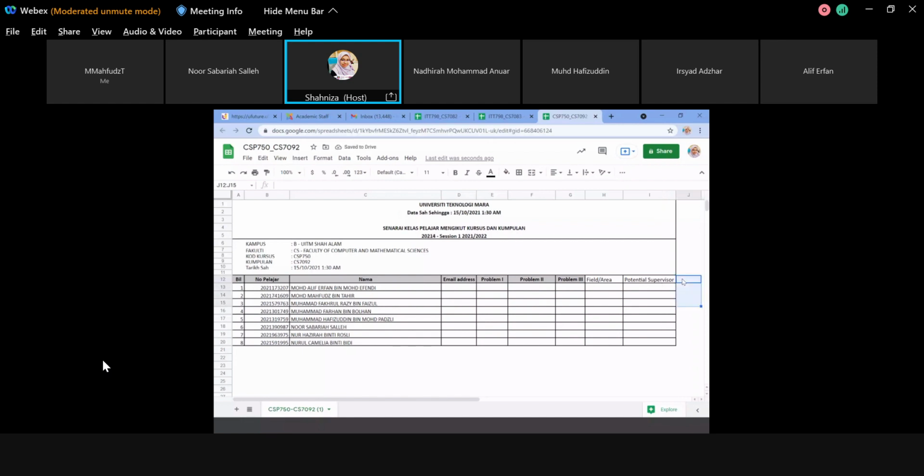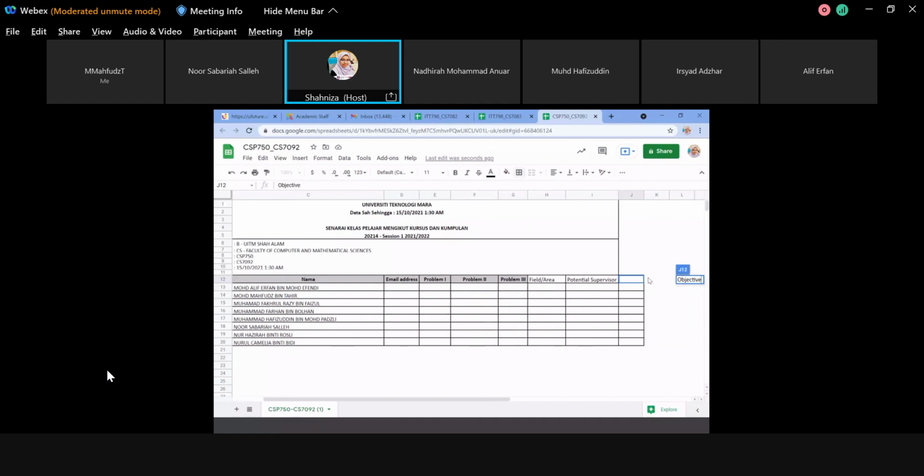Nanti akan ada objektif dekat sini. So kita akan work on this document aja. Okay, sebelum kita letak, during the 1 hour after my lecture tu, kita akan work on this, untuk discuss sorang-sorang, punya problem, and how you formulate the problem. And then this one maybe nanti akan ada you punya objektif. Nanti akan ada juga you punya title kat sini. Okay, propose title.